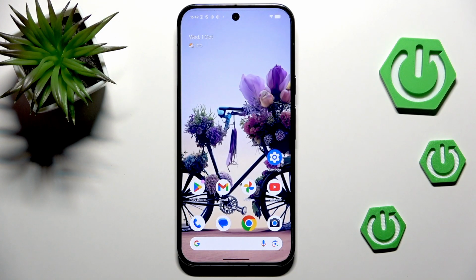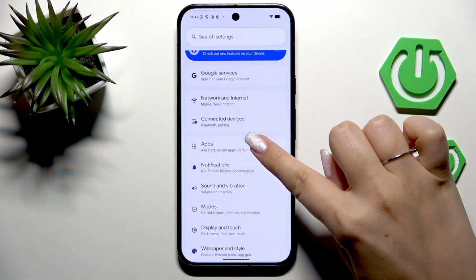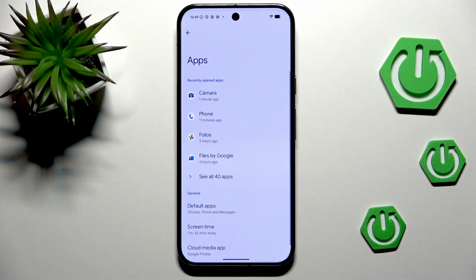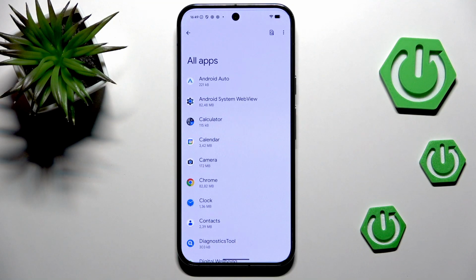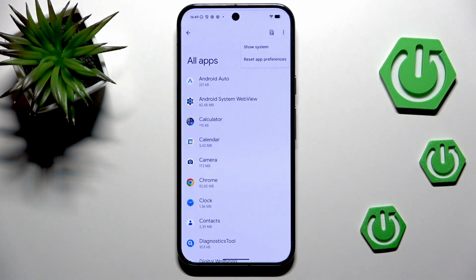So let's begin with opening the settings, and here we have to locate the option Apps, so let's tap. Then let's tap on See all 40 apps. Of course, 40 apps in my case, you can have a different number. And after entering this list, let's tap on the three dots icon in the right upper corner and go to